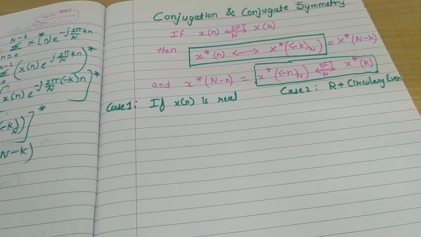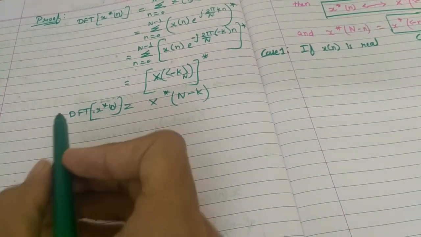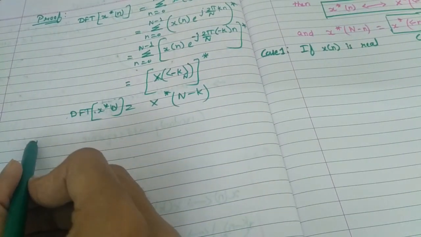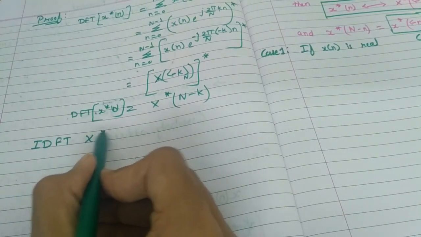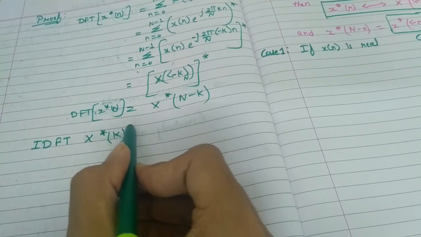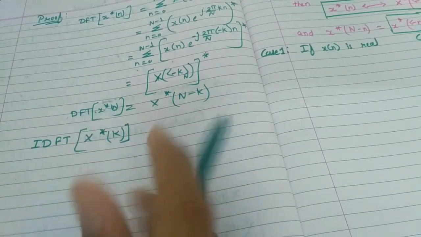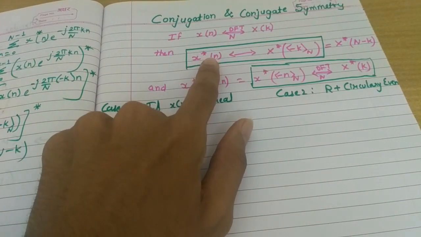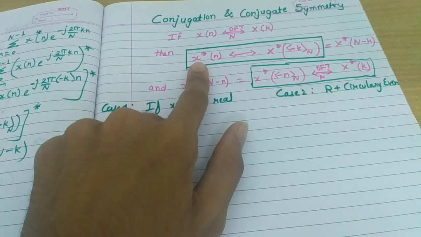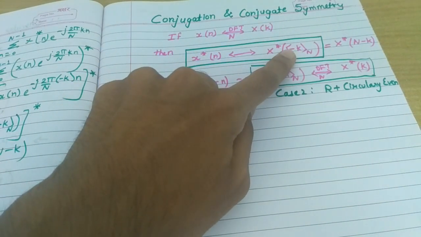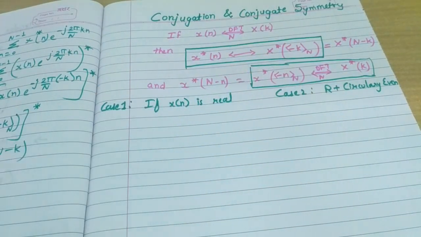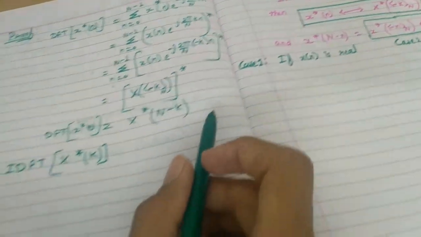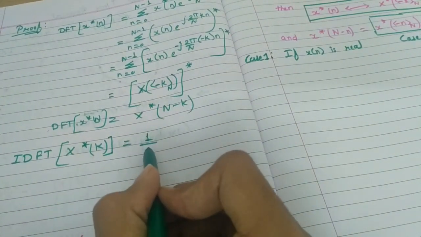Now you can prove the next equation, that is this one, by going through similar steps. It is very small, so I am proving that also. First of all, we have to proceed from the IDFT. So the IDFT of X star of k. So note how to prove. Here we proceeded through finding the DFT of x conjugate, and we ended up with this. Here we will be starting with this and will be ending up with this. Clear? So the IDFT by definition of X conjugate is nothing but,